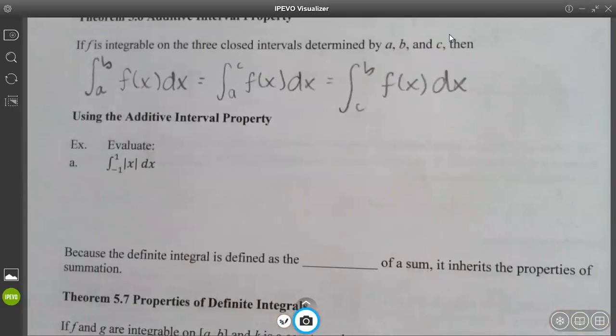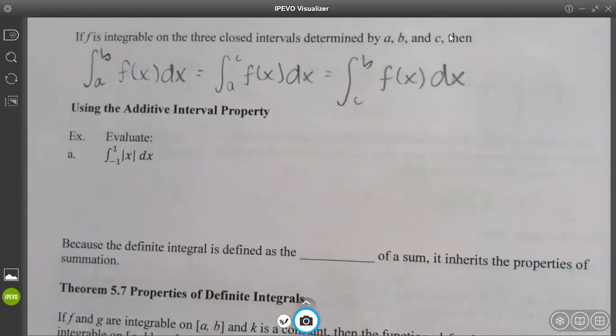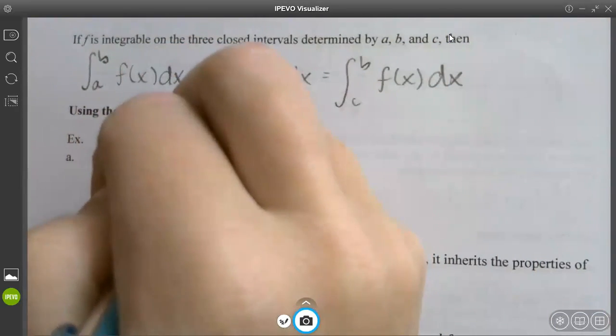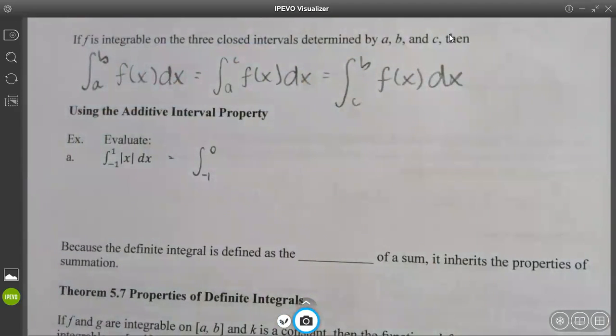All right. So we have the integration from -1 to 1 of the absolute value of x dx. And that absolute value of x we can split into, so that's this part up here at the top, -1 to 0. So what did I do right there? I'm going to split that interval in half. Does everybody understand that? Okay, you told me split it in half.